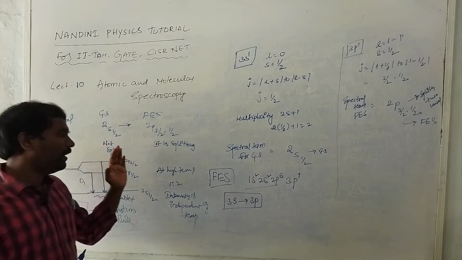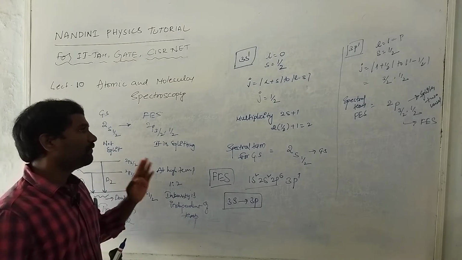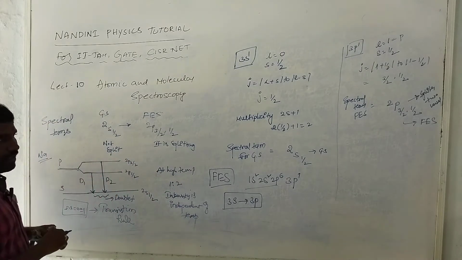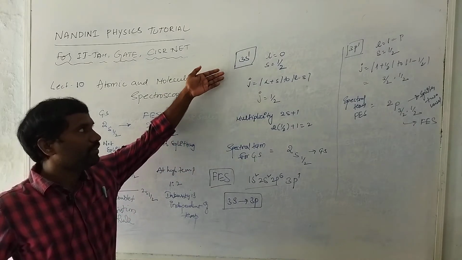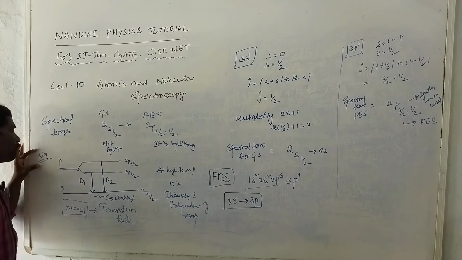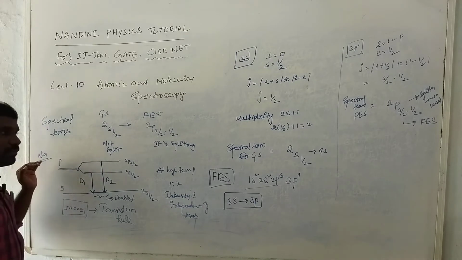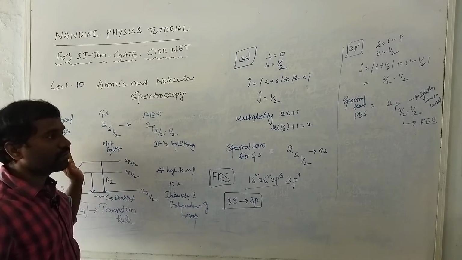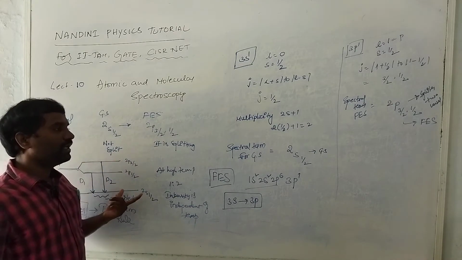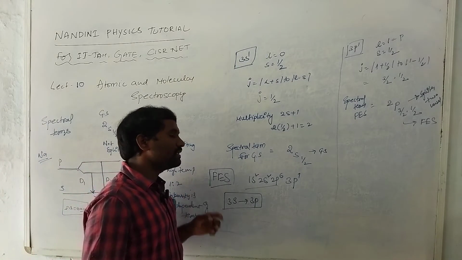So, how to find out the spectral term for the ground state and for the first excited state, we can see in this session. In the ground state, I can explain simply using the configuration. The number of protons present in the atom, based on that we can split the configuration. Using that configuration, the ground state represents the last term, and